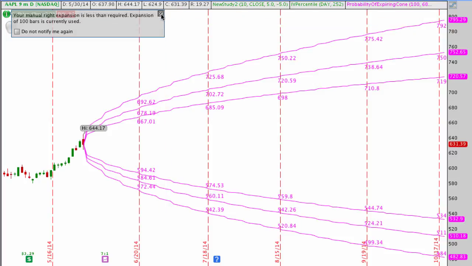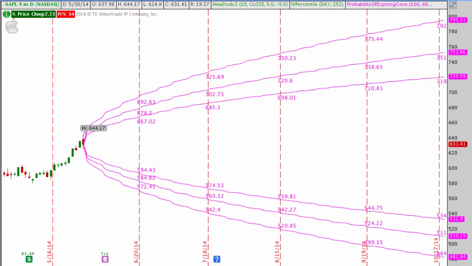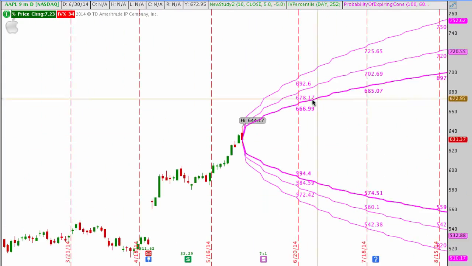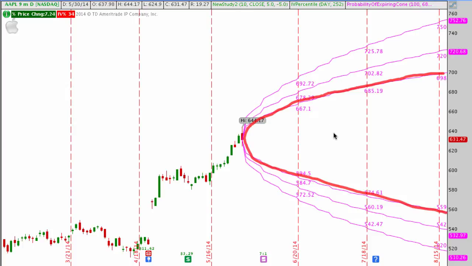All right, so here we go. So here are our three probability cones that we now have on the chart. And you can see visually on here that these cones project into the future, right? And they get wider and wider. Now remember, the lower probability cone is going to be on the inside. So this cone on the inside here, that's the same one that we were dealing with before. This is the 68% probability range, right? It's going to give us a lower range of confidence.